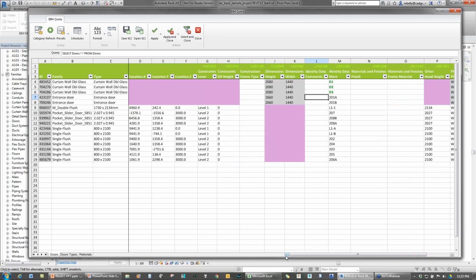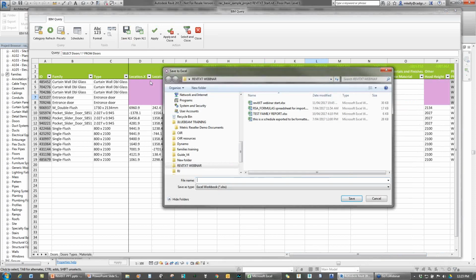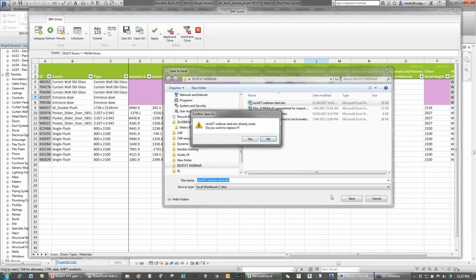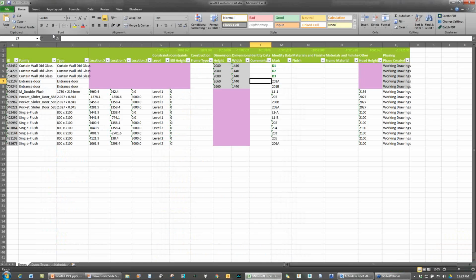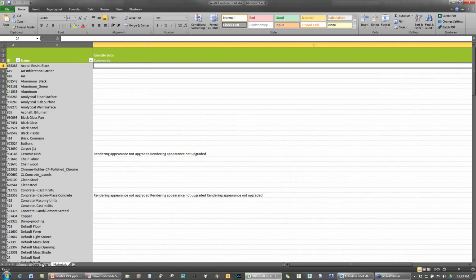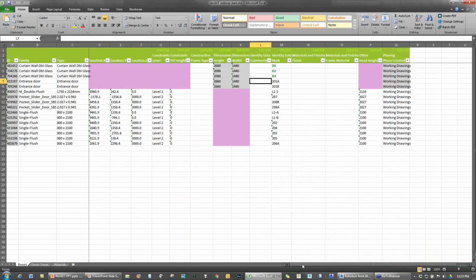Now that's probably not really all that exciting in isolation, this sort of tool, but if I hit save Excel and then go into Excel and open up that spreadsheet, you can see here where it's starting to perhaps get a little bit more interesting. You can start to do stuff in here in Excel as well. So if I just make some changes to those values and then we'll save,